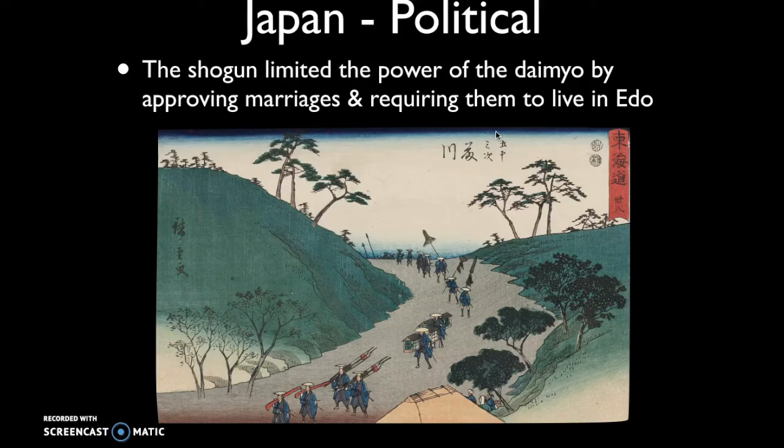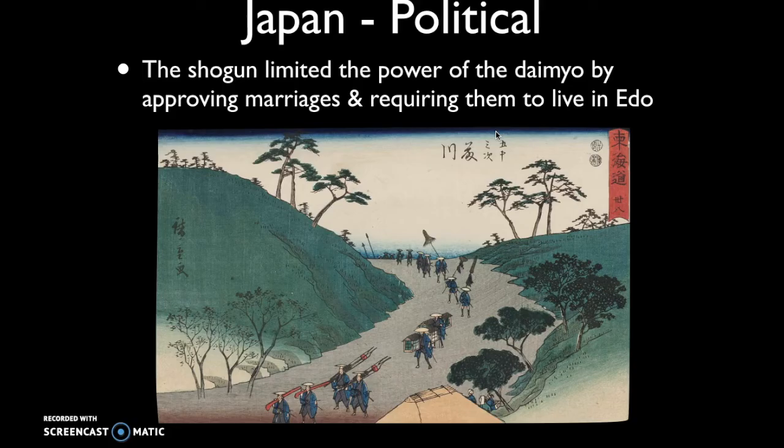The shogun Tokugawa Ieyasu also required the daimyo to live in Edo essentially every other year, and that's for a simple reason, right? You want to keep your friends close, but your enemies closer. And he wanted to make sure that he was maintaining oversight over these daimyo to prevent any possible rebellions from really beginning. So it is in this Tokugawa Shogunate that we see power concentrated in the hands of a single